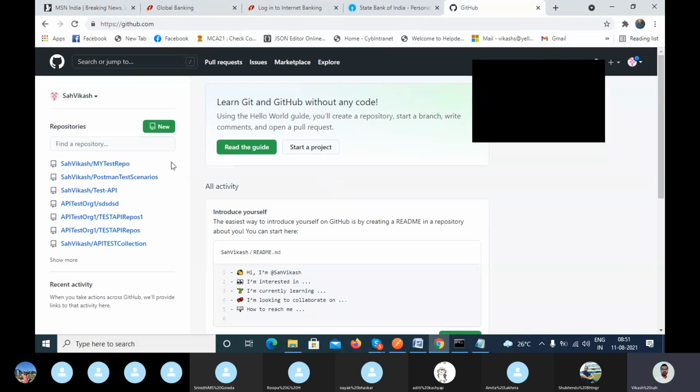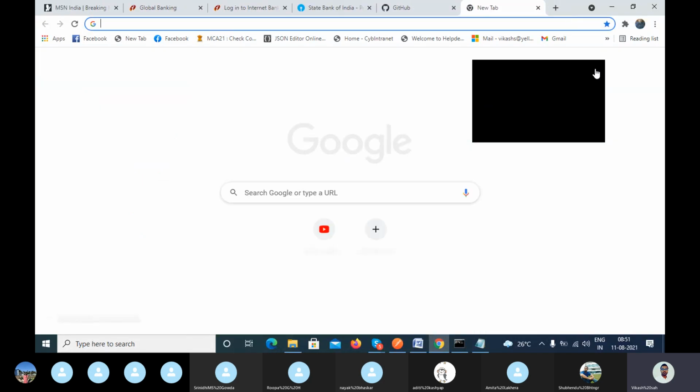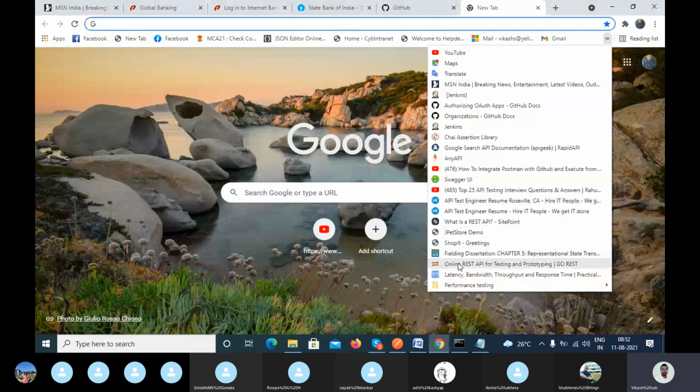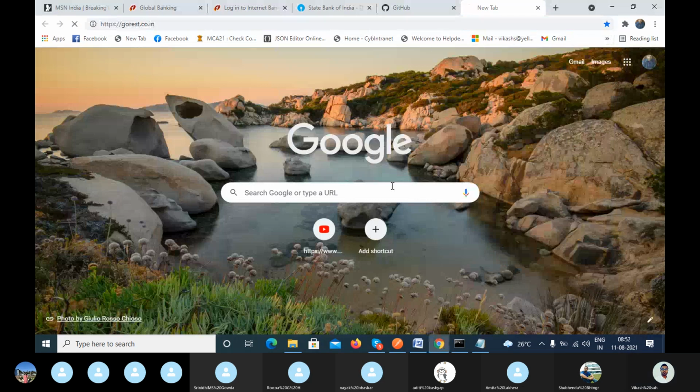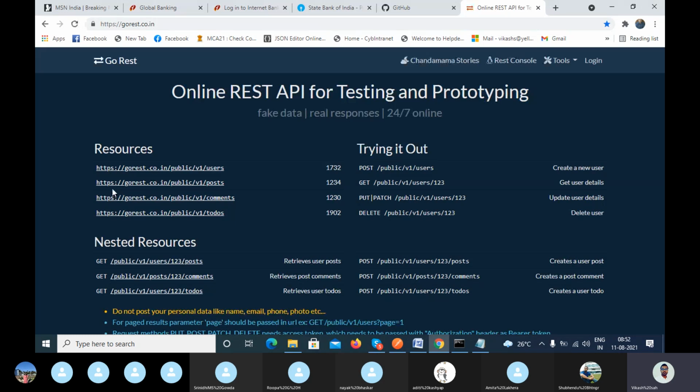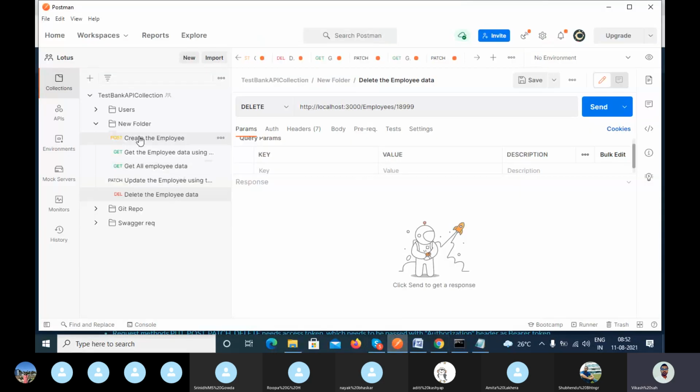Have you seen, guys, when I'm using this application, which I have already explained to you in the mapping? If you want to create the data using the POST, I think you are getting some authorization error here.